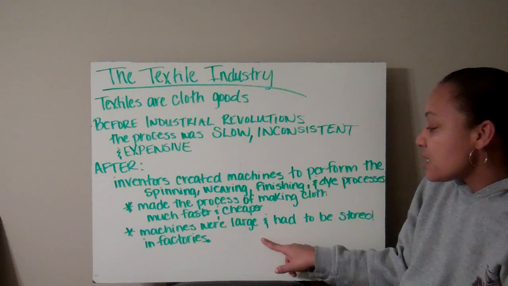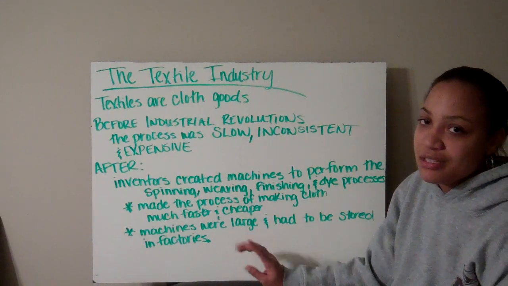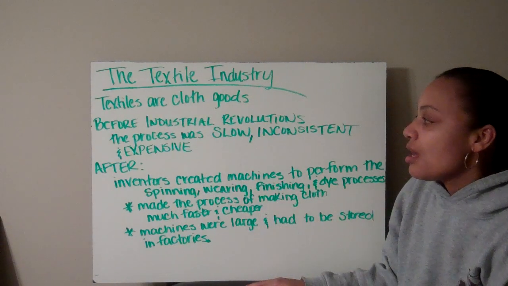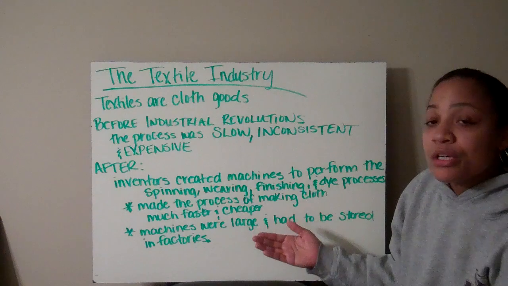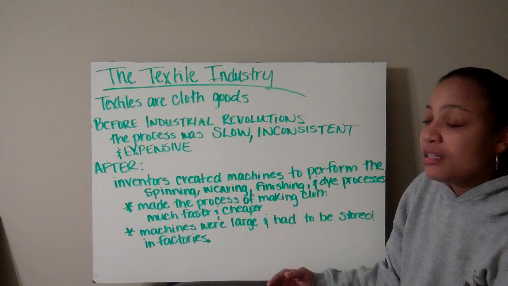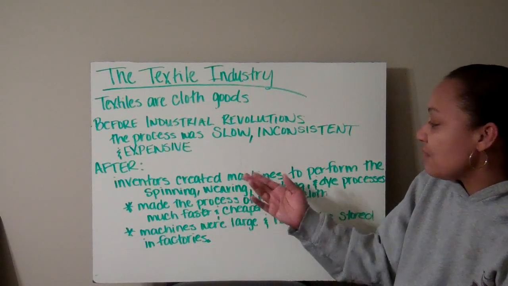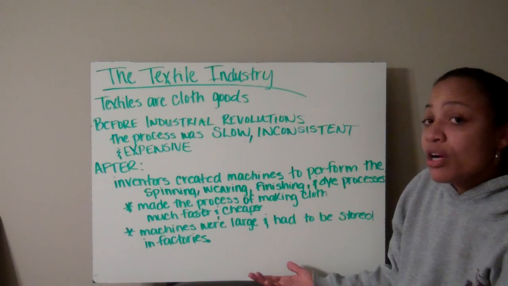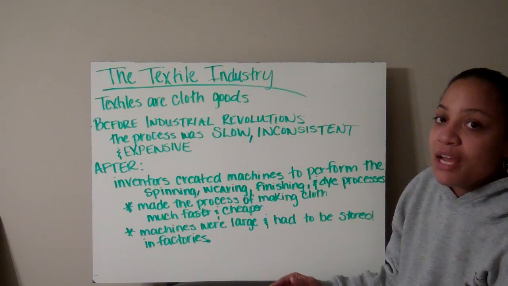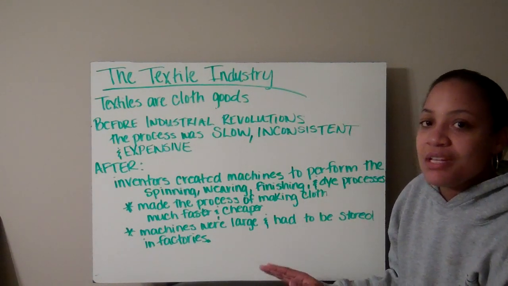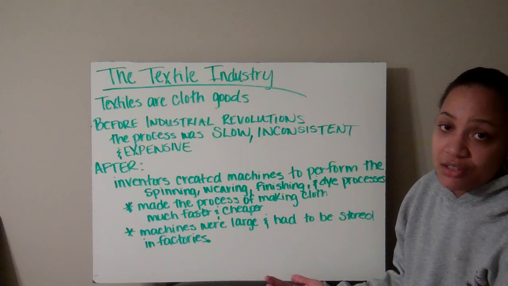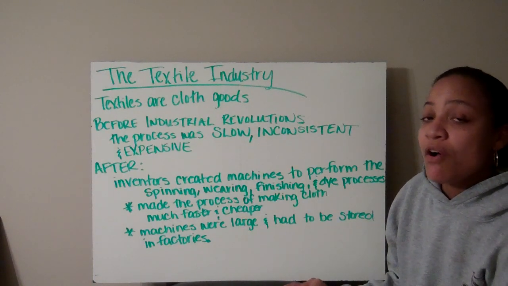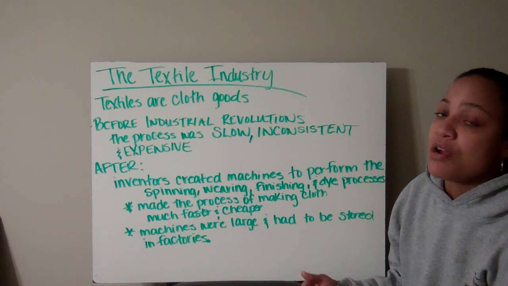And machines were large, and they had to be stored in factories. This is different because before the Industrial Revolution, or before the textile industry, the workers would work at home. They would do the weaving, the spinning, the finishing. They would do all that at home. Well, now the new inventions are so large that they have to be stored in a building, which are factories. So now the workers are no longer working in the house, but now they're traveling into the cities and working in factories. And this is going to lead to our whole big Industrial Revolution and people moving from farms into the cities. And we're going to be talking about urbanization,